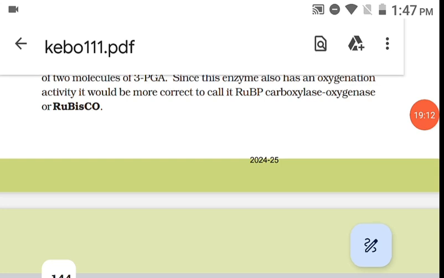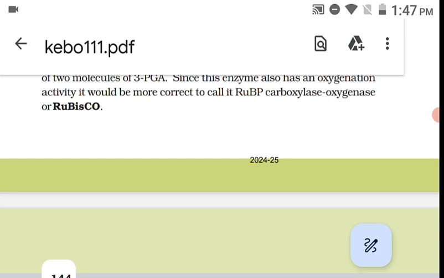Carboxylation is the first. Carboxylation is the fixation of CO2 into a stable organic intermediate. Carboxylation is the most crucial step of the Calvin cycle, where CO2 is utilized for the carboxylation of RuBP. Most crucial step is carboxylation. This reaction is catalyzed by the enzyme RuBP carboxylase,